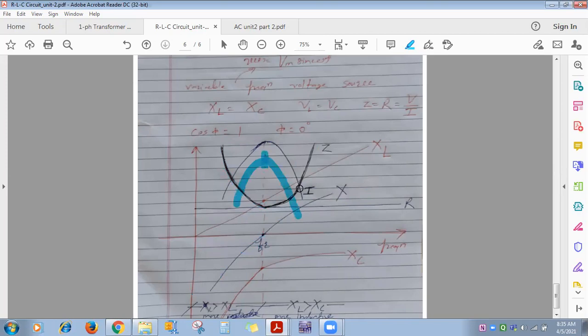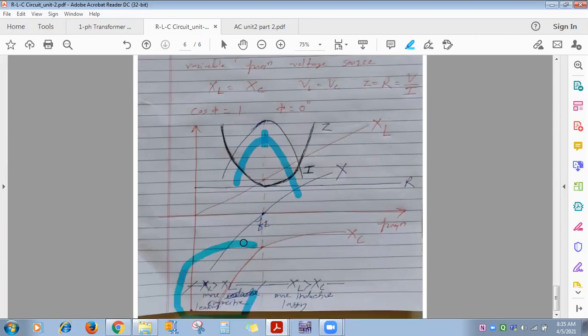Okay? So the questions you may get asked: below resonant frequency this series RLC circuit works as more capacitive, the nature of power factor is leading, and current leads V. At resonance, its behavior is the same as that of a purely resistive circuit, so cos phi is 1, phi is 0 degree, current and voltage are in phase, impedance is minimum and current is maximum. After resonant frequency, it works as more inductive, so the nature of power factor is lagging and current lags voltage. So phi will be positive, Z's imaginary part is positive. Any difficulty with this?